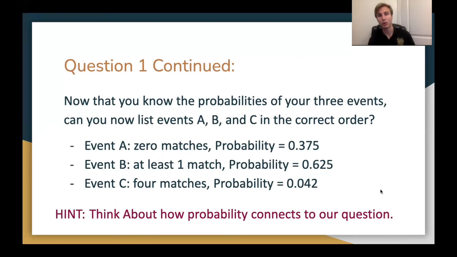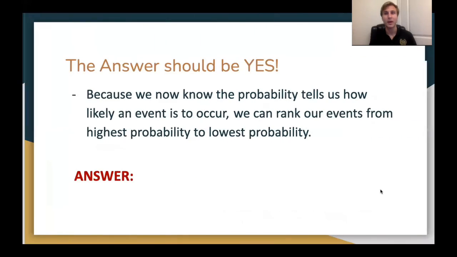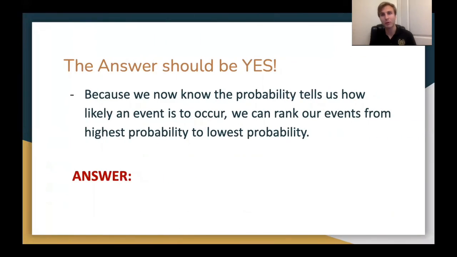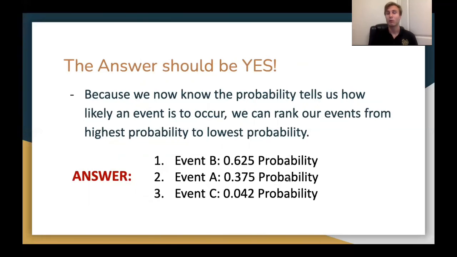Okay, so I will go to the next slide. And the answer should be yes. Remember earlier, we talked about how probability relates to how something is more likely or less likely because the closer that number is to 1 or the higher it is, the more likely it is to occur. And the lower that number is, the less likely it is to occur. And because we now know that probability tells us how likely something is to occur, we can rank our events from highest probability to lowest probability. And so the answer for that is below. We would have event B being the most likely because it is the highest, event A being the second most likely